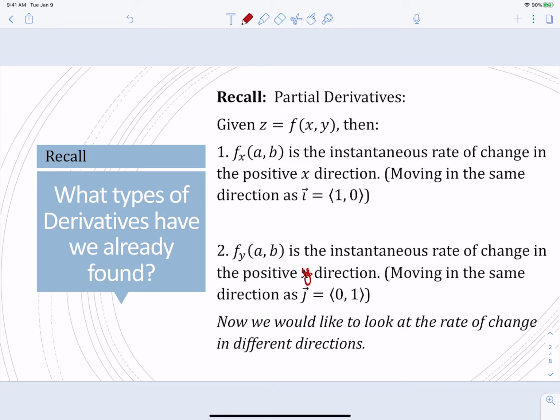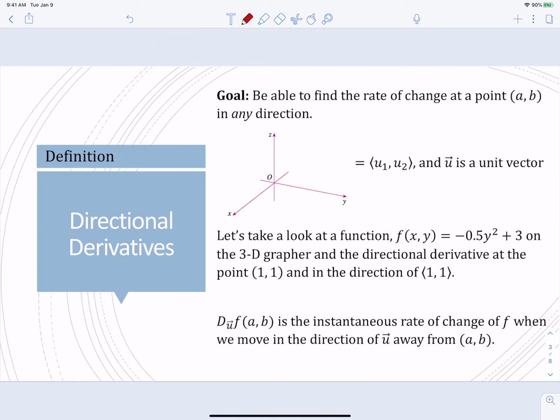So what we'd like to do is not just be restricted to looking at how this function's changing going in just those two directions. We'd like to be able to, like we did in the last section, look along a particular path. If I'm standing at a point, I want to be able to go off in any direction that I want and know exactly what my rate of change is going to be. That's what we're going to do here: look at the rate of change in any direction that we want to go. Again, that's our goal, to find the rate of change at the point (a, b)